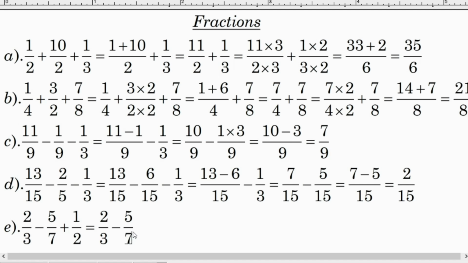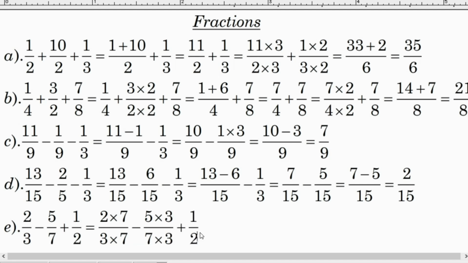So what we have to do, we just multiply 3 with 7, and then the numerator here is also multiplied with 7. And then we also have to multiply 7 with 3, and then the numerator also multiplied with 3. Okay. And then we plus here